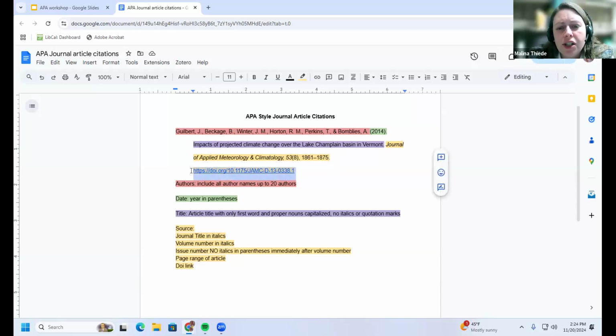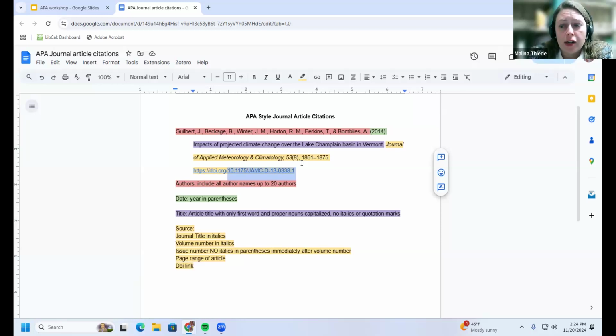And then at the end, you'll have the DOI. The DOI is the digital object identifier. It's a very helpful piece of information. It's usually some sort of alphanumeric code and it begins with 10 dot. This is a unique identifier for the article. If I have a citation for an article, the first thing I would do if I wanted to look it up is grab that DOI and plug it into the library search, and it should bring the article up very quickly.